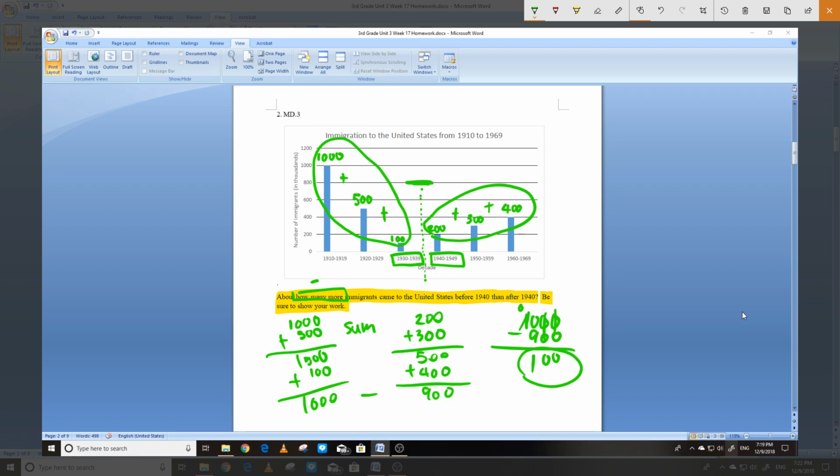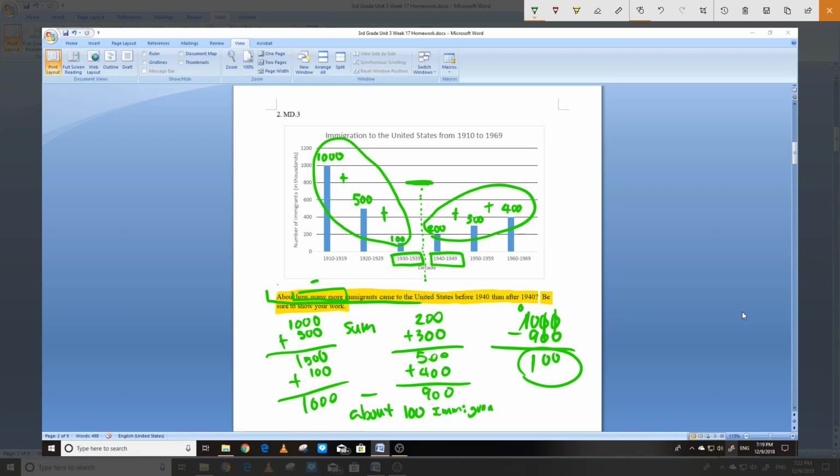So what should you do? You gotta write a sentence here. You have a lot of space. I give you a lot of space for a reason, because you do need to show all the math, but you also need to write a sentence. You should write about 100. See, we're just restating the question, right? About 100